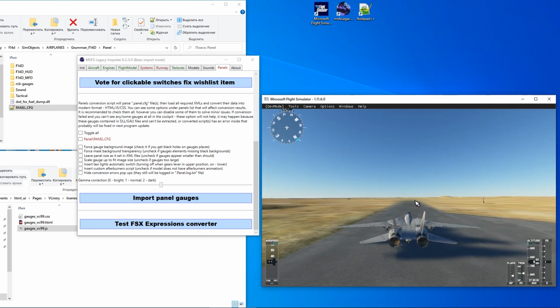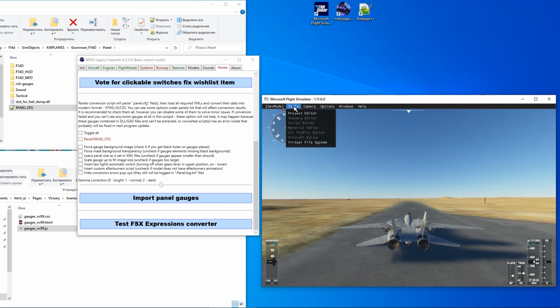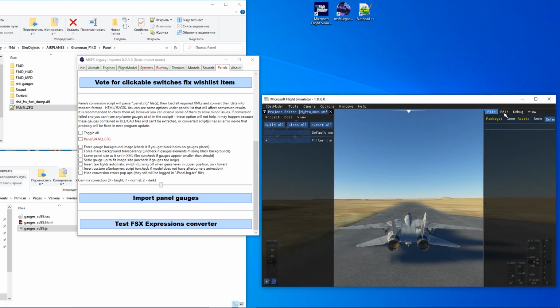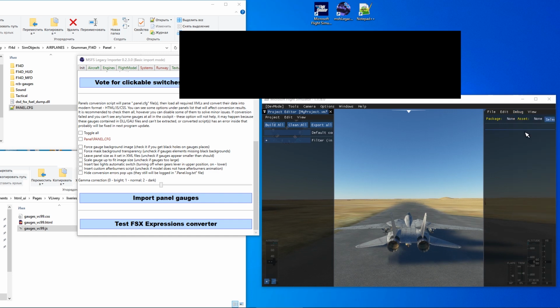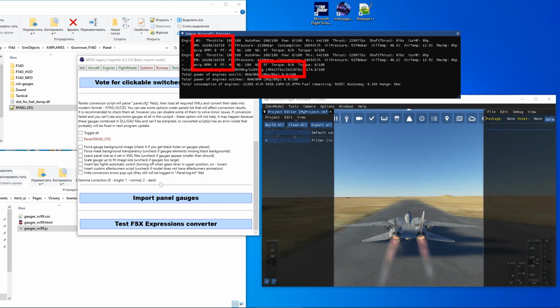Wait a bit so engines will heat up. I will enable engines debug so you will see how thrust value is affected by our changes. Flame animation works properly, same as power boost.